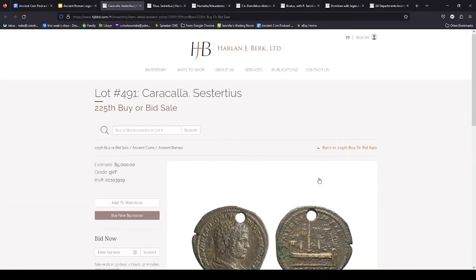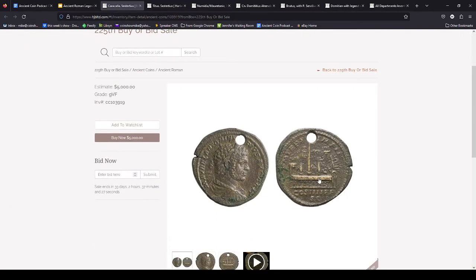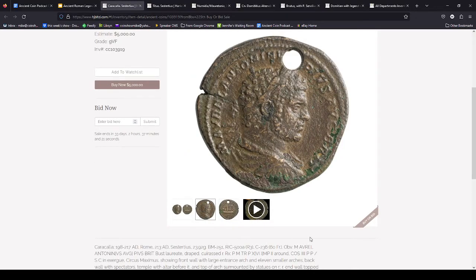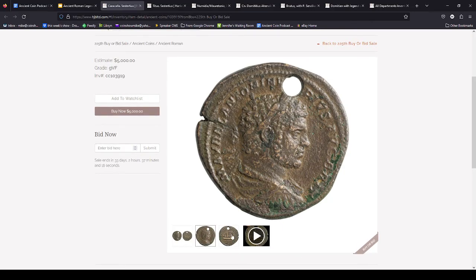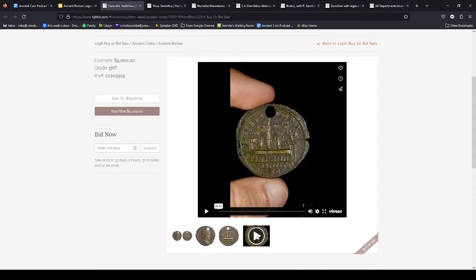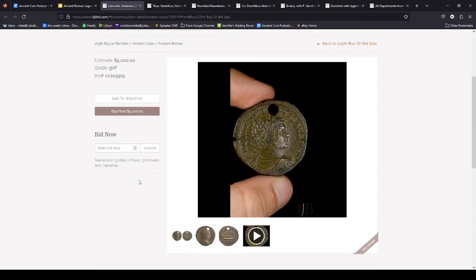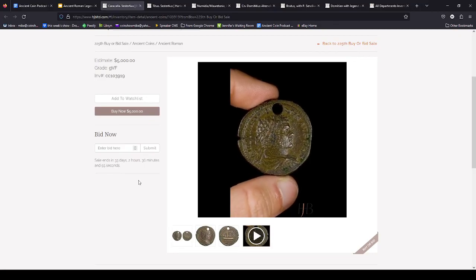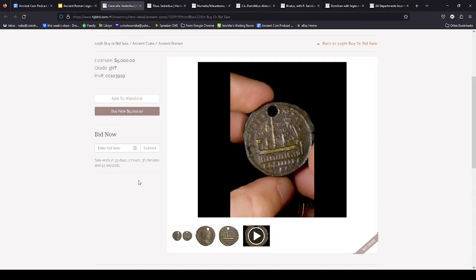We go to the next coin, and our last coin, lot 491. It's got a hole in it, but so did the gold eye. Yes, that hasn't hurt us before. But this is the Circus Maximus on the reverse of this coin. The Circus Maximus was basically a chariot racing stadium in Rome, and it existed for a long time. It burned down a couple times. It held over 150,000 spectators, which is very, very cool. And Caracalla, who's on the obverse of this coin, did some of the restoration to it, and that's why he issued this coin